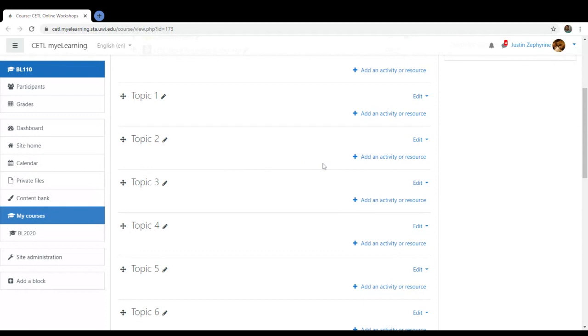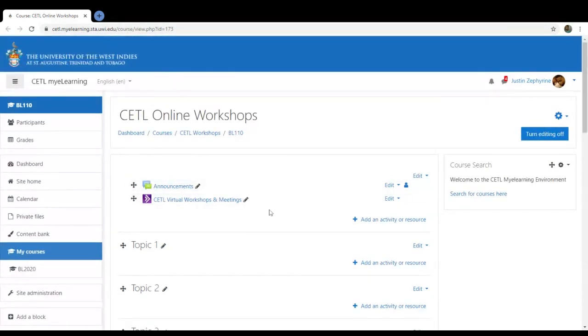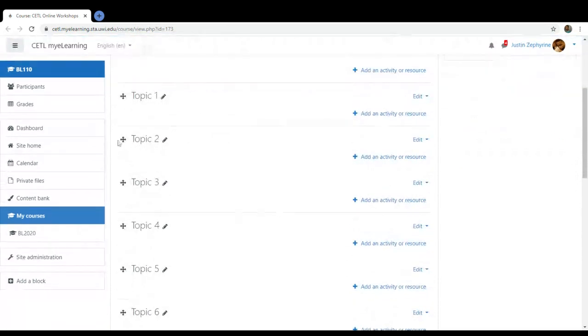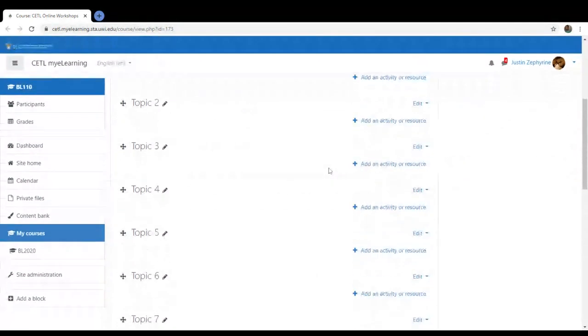I would recommend you place your Blackboard activity or resource at the very top of your course, within that first block, because you don't want students sifting through your course before they can find a particular session. Always try to place it on the first block, the block that has no topic in it. Topic 1, 2, 3 starts further down, not on this first block.